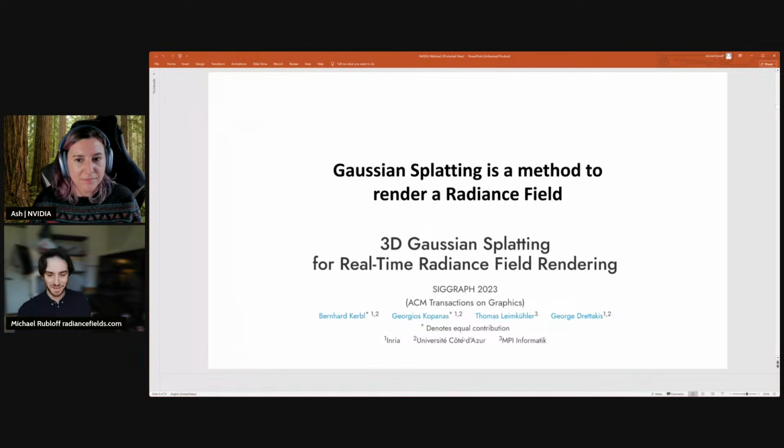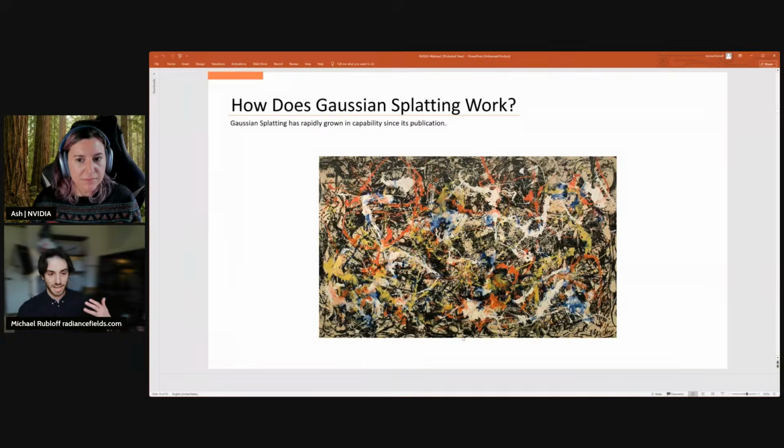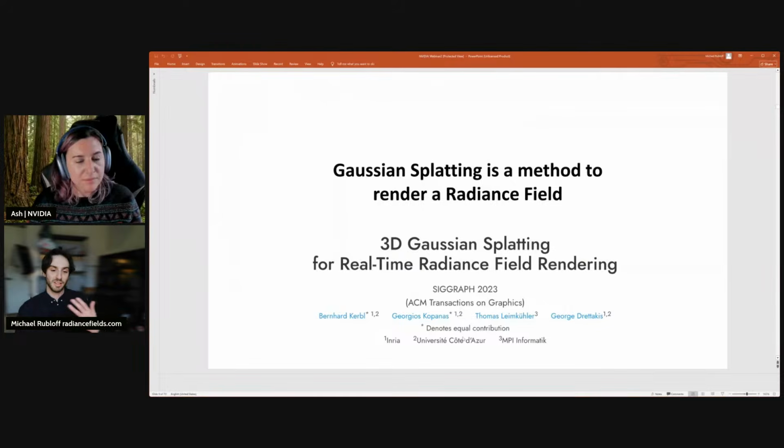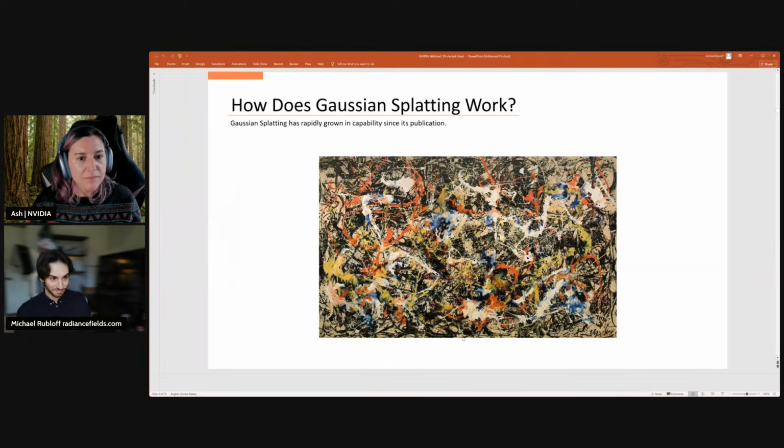And so just to clarify as well, the full paper title of Gaussian splatting is 3D Gaussian Splatting for Real-Time Radiance Field Rendering. It is a method to render a radiance field at real-time rates. And these actually have expanded to a lot of different devices, which I will go into in just a little bit. So here's a nice little metaphor that I like to use too about Gaussian splatting and how it actually